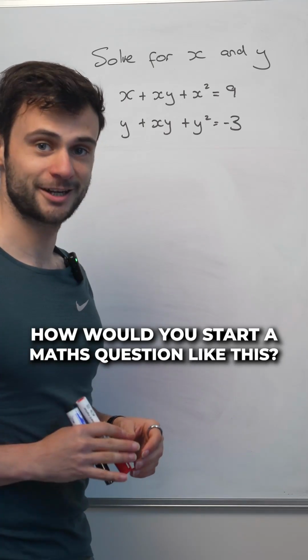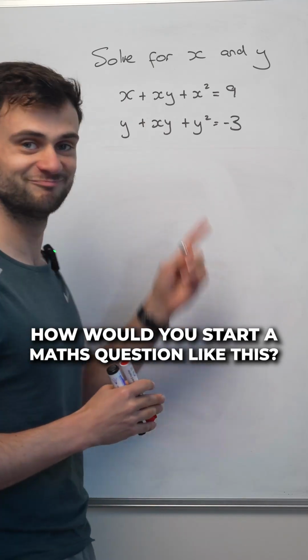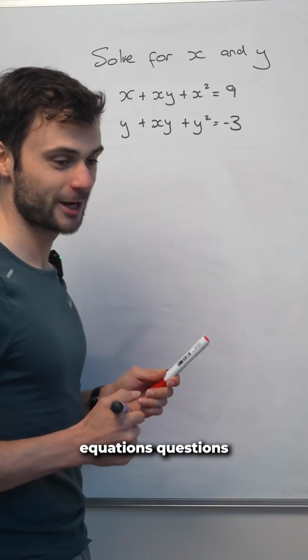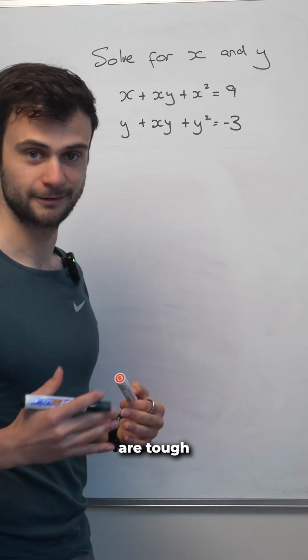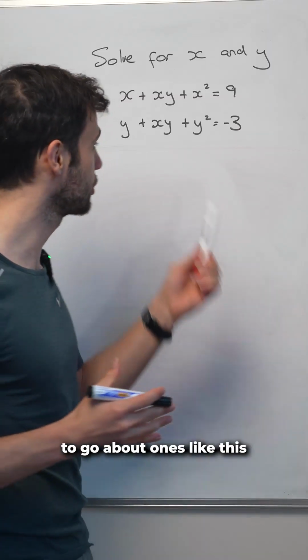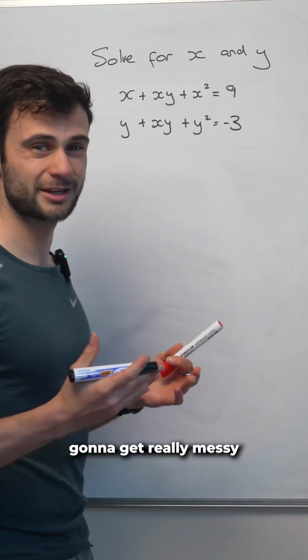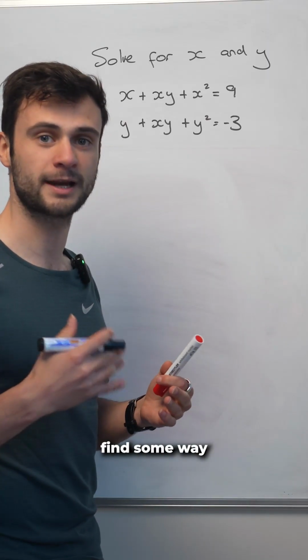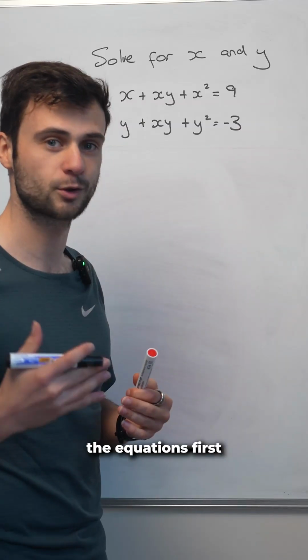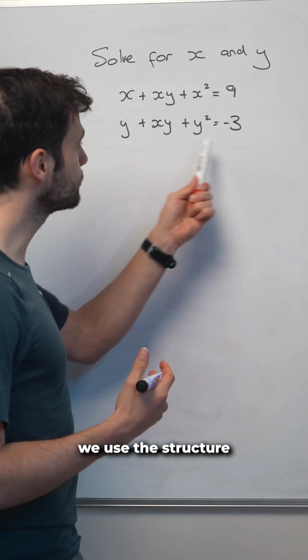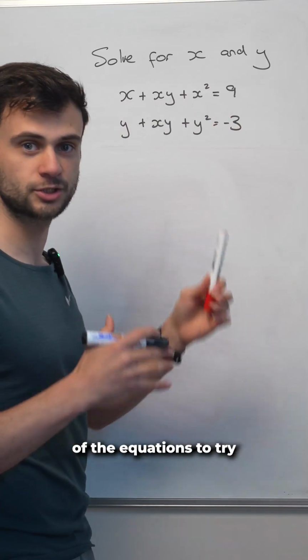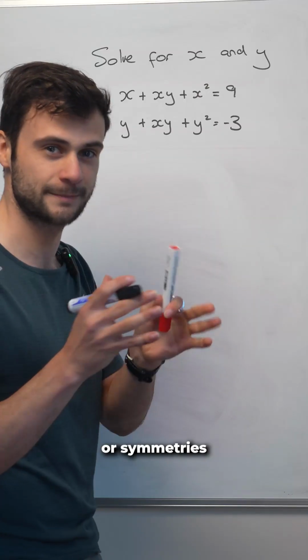This question might be harder than it looks, and I'll be honest, it doesn't look easy. These simultaneous equations questions are tough because there's no common strategy to go about ones like this. We normally use substitution, but here, the substitution is going to get really messy unless we find some way to simplify the equations first. We use the structure of the equations to try and look for regularities or symmetries that